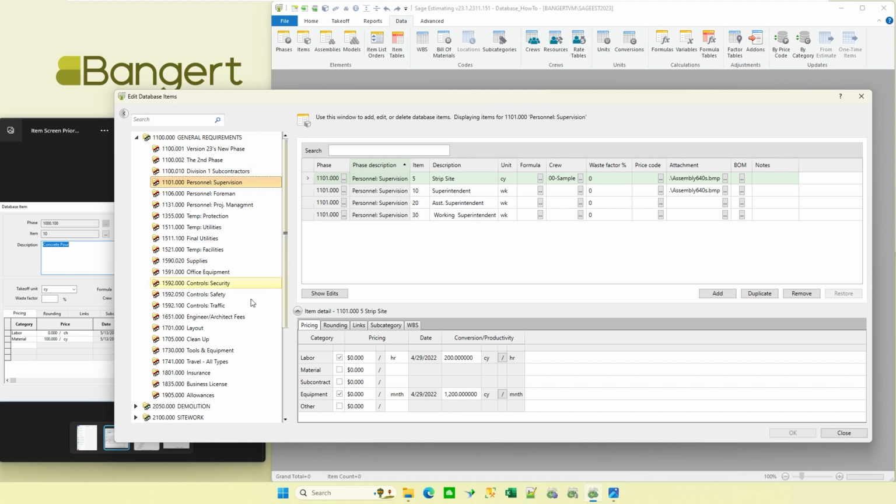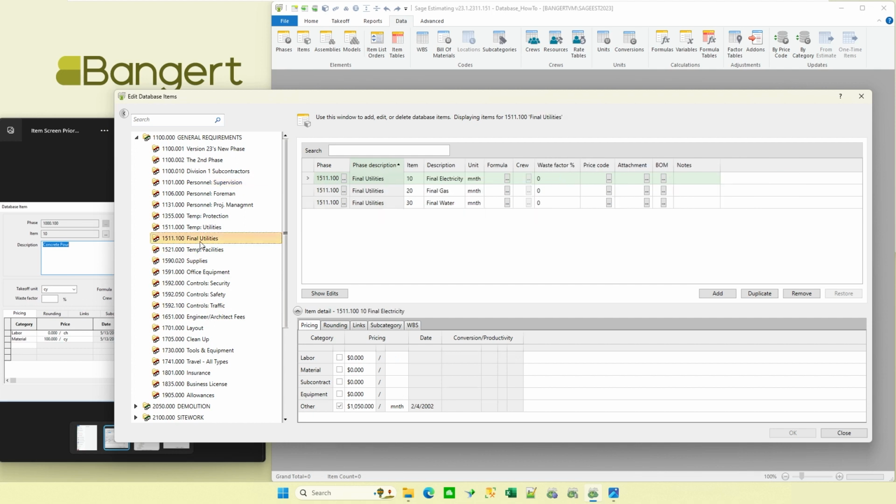As soon as I touch a particular phase, I can see all the items associated with it in its own little grid here. So I could see the item numbers and my descriptions, and I could do little spreadsheet things like make columns wider and see my takeoff unit of measure and formulas and crews and waste and things of that nature.